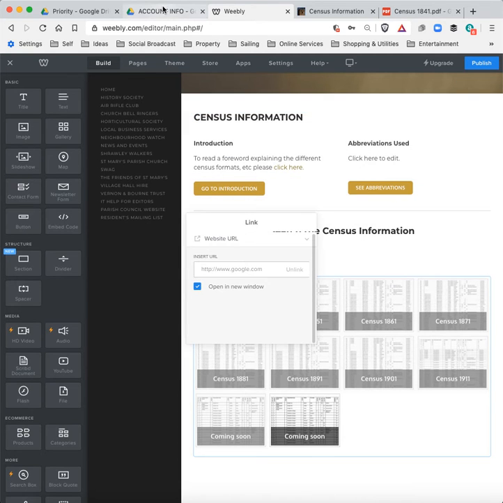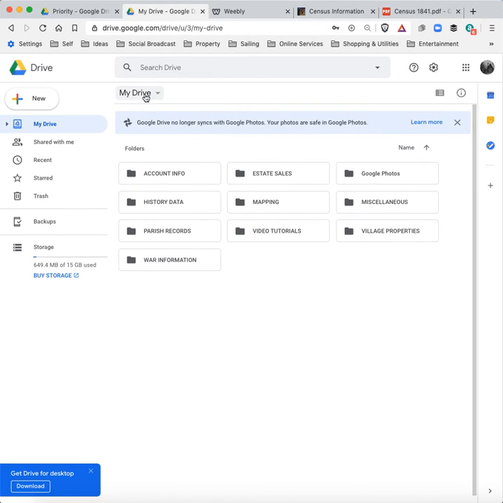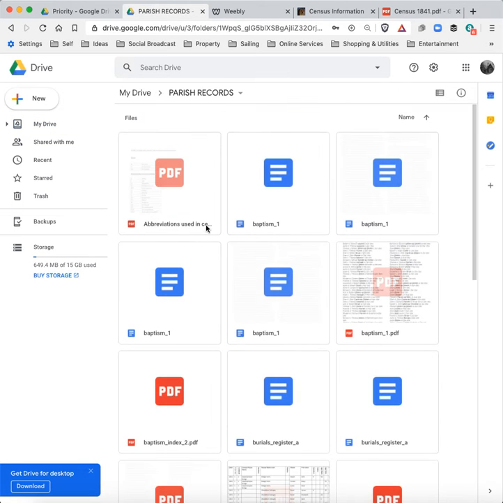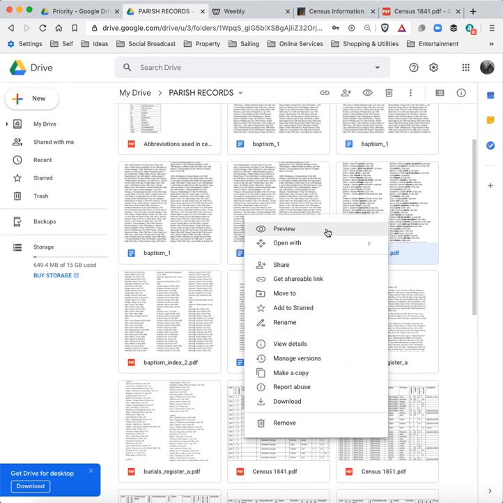Then what you do is go to the particular file that you want. So where were we? Parish records, for example. And then you find the parish record that you want. So say that's baptism 1 PDF. And then what you need to do is right click, and you go to share,